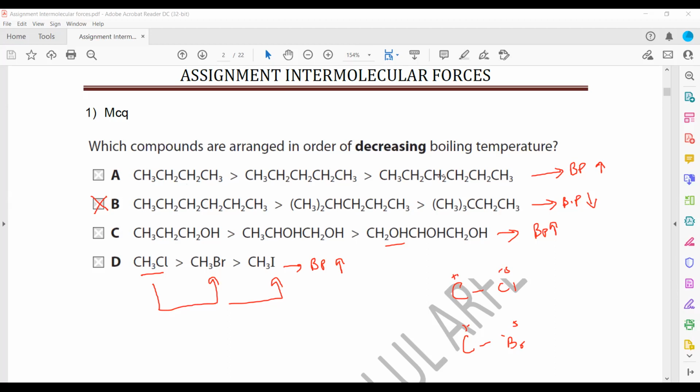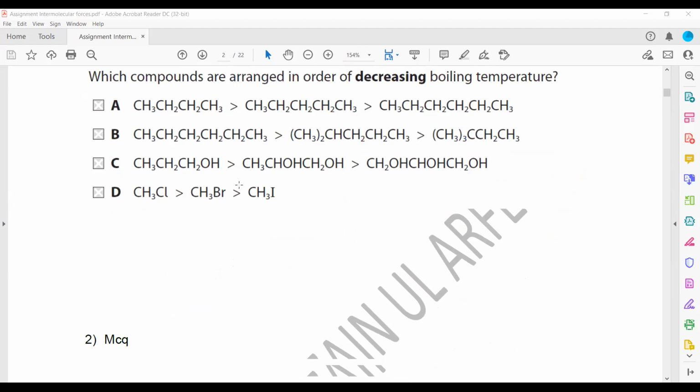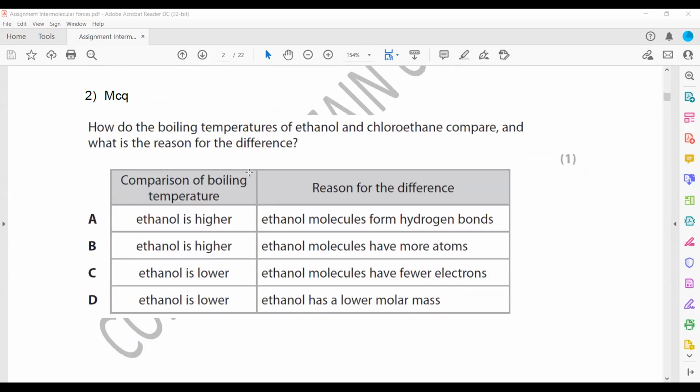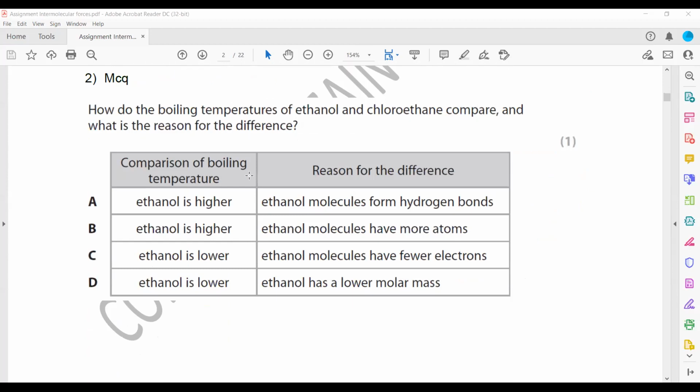So if the number of branches increases, the boiling point will decrease. Another question: how do the boiling temperatures of ethanol and chloroethane compare, and what is the reason for the difference? So when we compare ethanol,